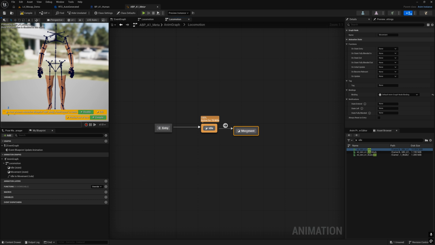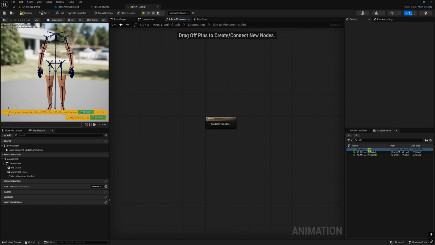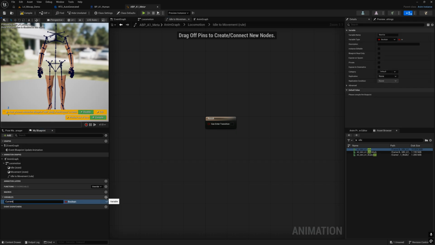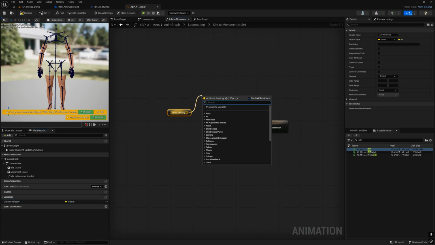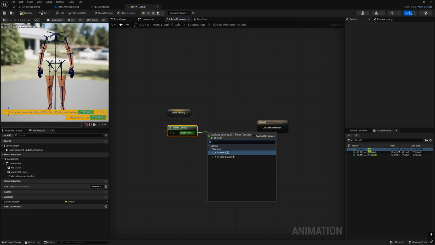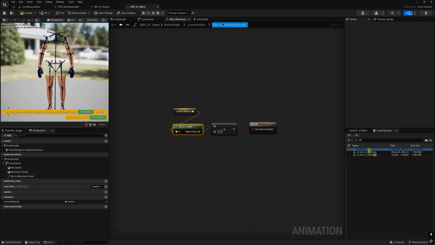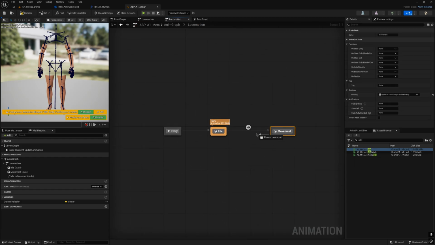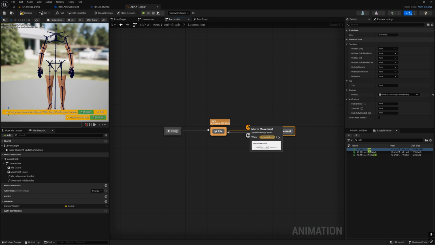Drag off of idle, create a new state, call it movement. Then select the transition arrow. We'll go down to variables, create a new variable, call it current velocity, and change it to a vector. From current velocity, we drag off of it and create a vector length node. From return value, we drag off of it, create a greater than node, and then connect the greater than node to the result. Then go back, connect movement to idle,